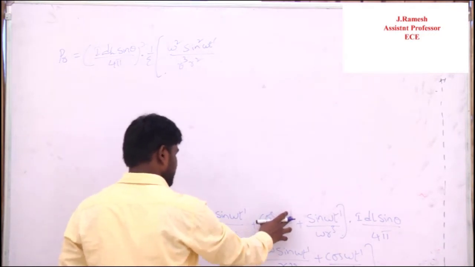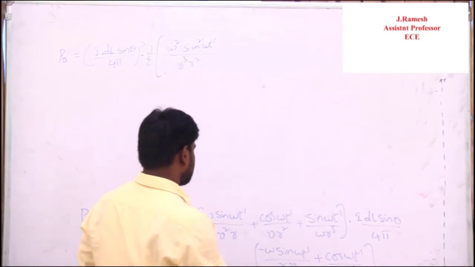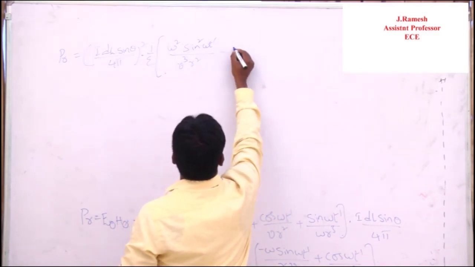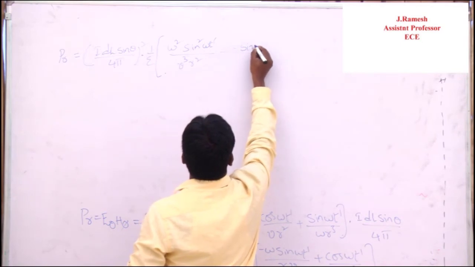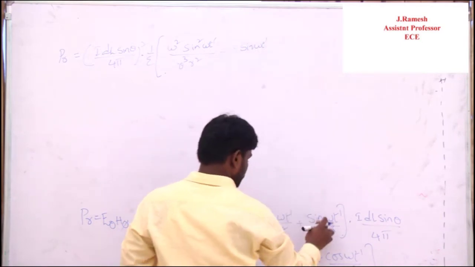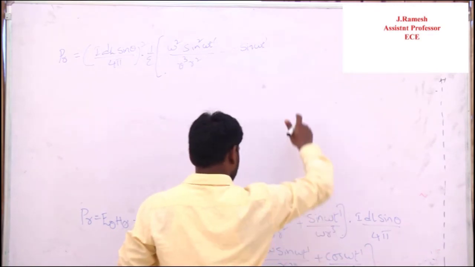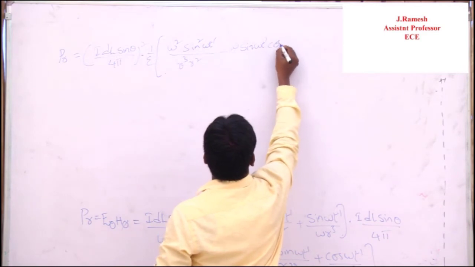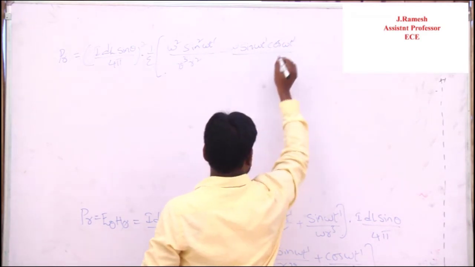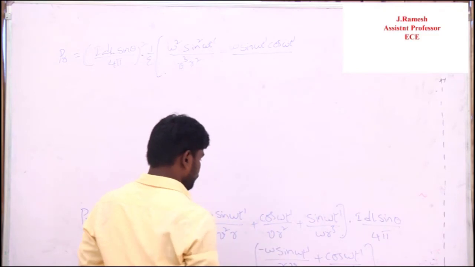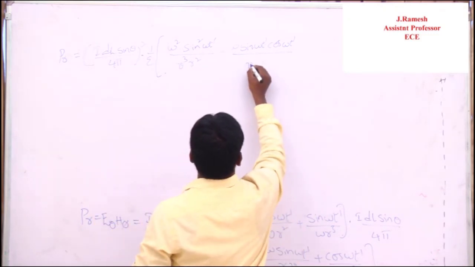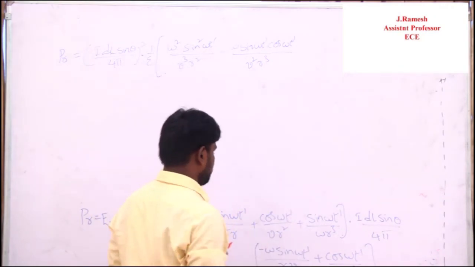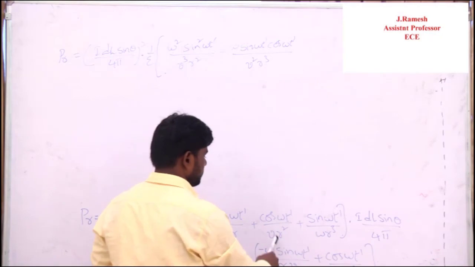So again I am going for the second with the first term. So here minus plus minus, so that minus omega into sin omega t dash into cos omega, see omega is also there, so omega into cos omega t dash by R into R cube, this is V square, so V square into R cube. Again second term with this second term.